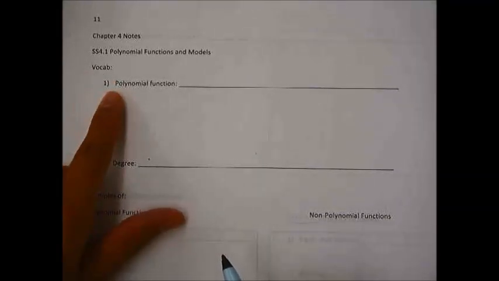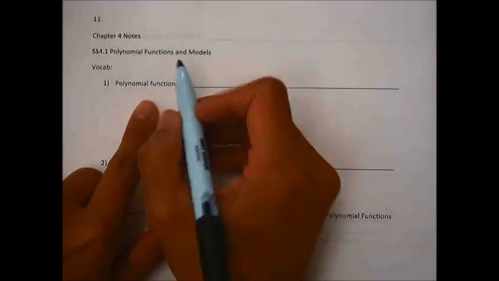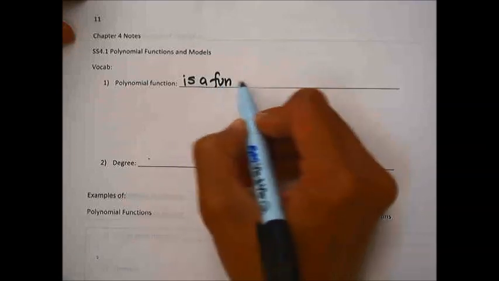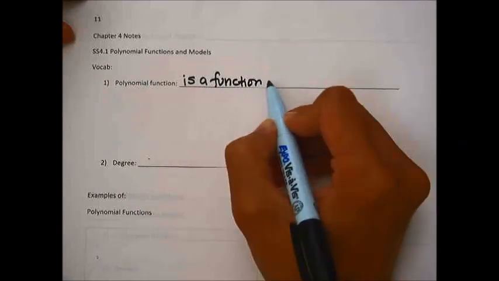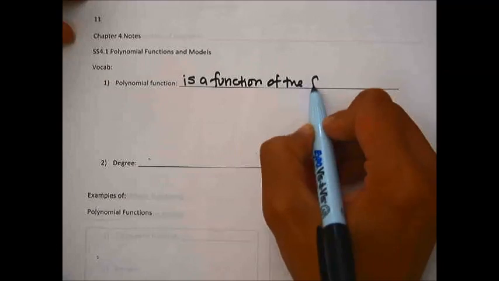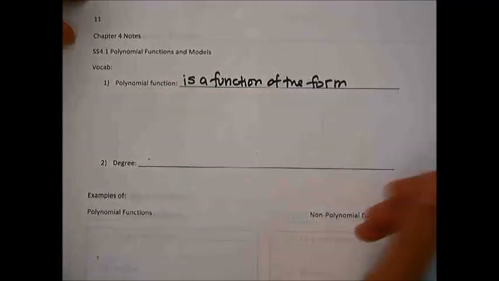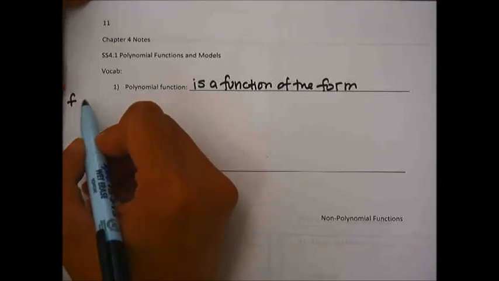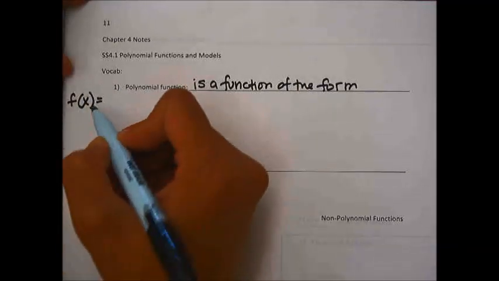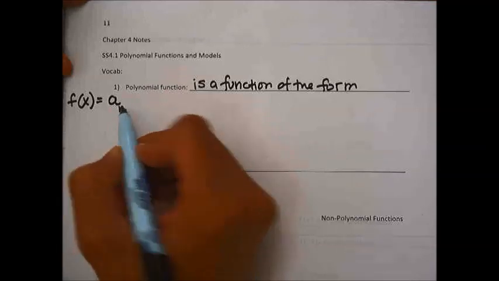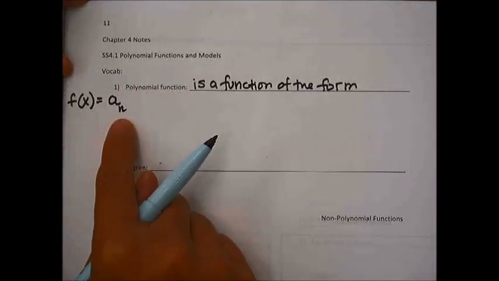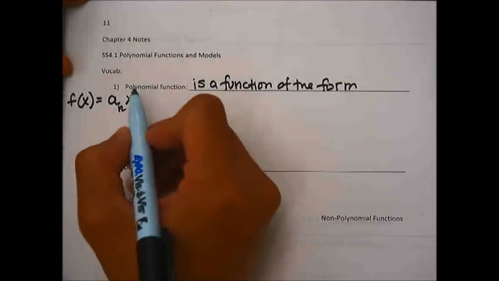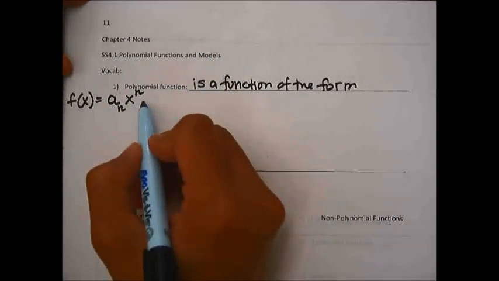The first one is called polynomial function. Defined is a function of the form. Okay, so this is going to be a long one, so I'm just going to put it down here. f of x equals a sub n. Notice how the subscript is way below the letter a, times x to the exponent of n, plus